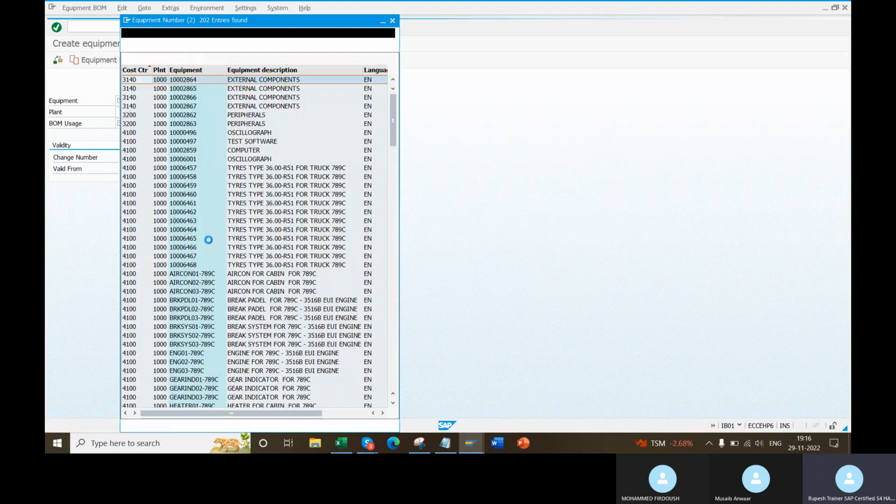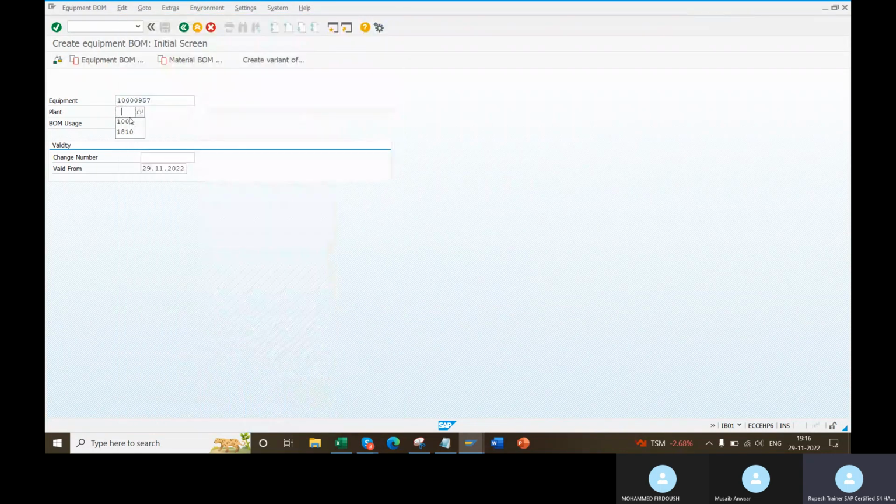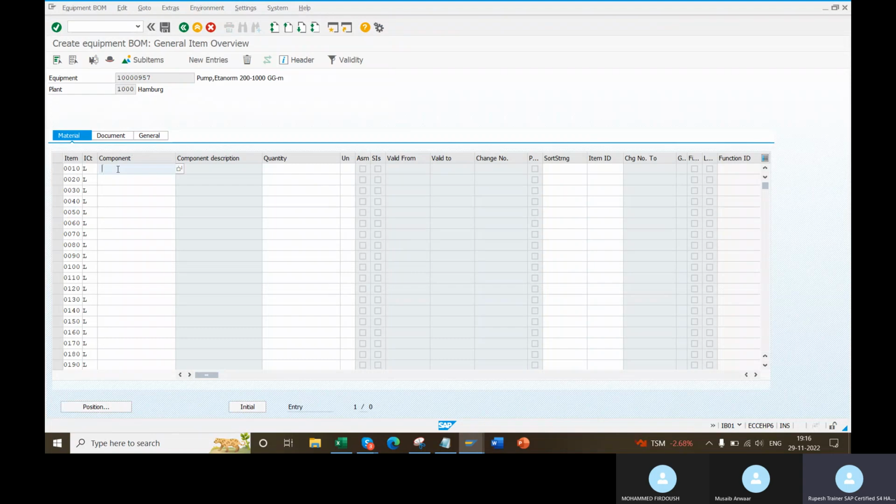Equipment for now. Plant usage. So give your component, whatever you want. Item. Where is item category? What is the item category field? Oh, it is in the front, right? Give the quantity.